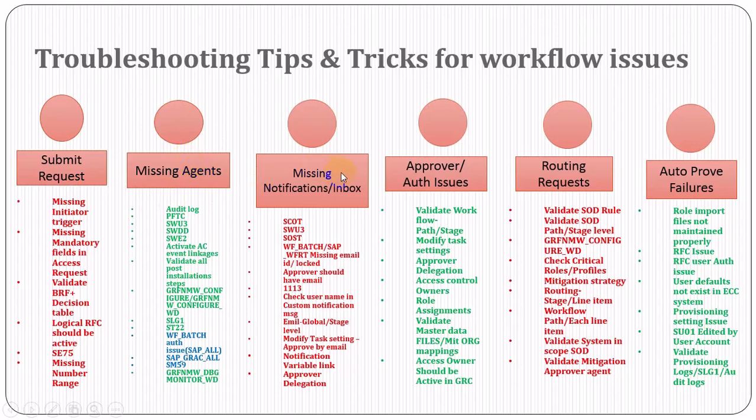Then agents getting notification, missing notifications in the email or work inbox. Agents are there, but they have not received email notifications. There are some issues. So what are the various reasons, or how can we troubleshoot the issue? Agents are identified, agents got notification. Then in further stages, the approver will not get